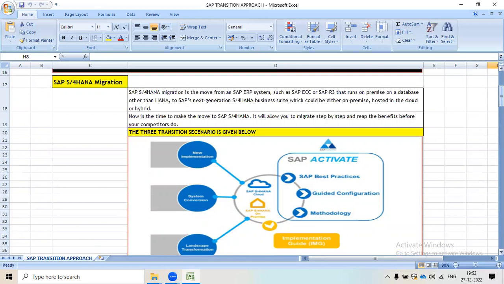So now is the time to make the move to SAP S/4HANA. It allows you to migrate step by step and reap the benefits before your competitors do.